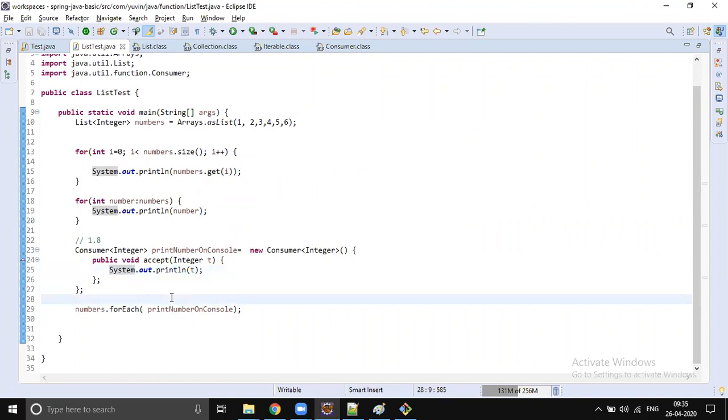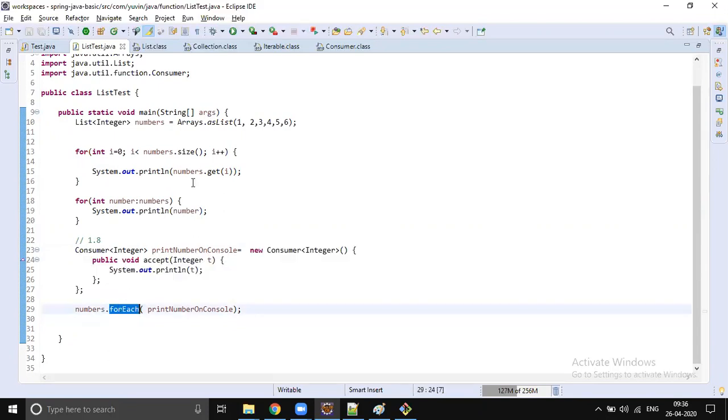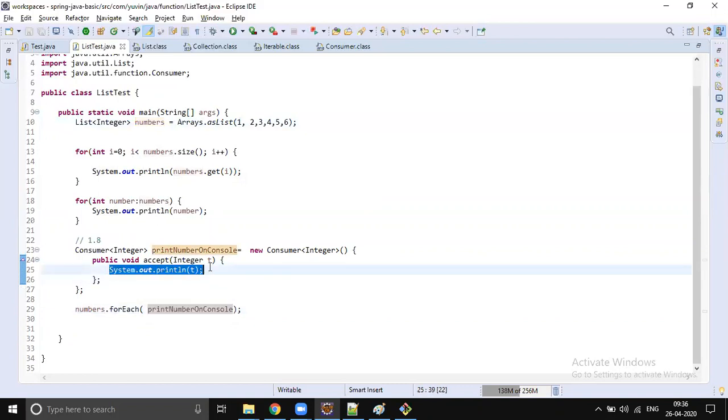We are just trying to make things understood, and go to the next level. So before directly jumping into the next level, I'm just doing it in an easy way, how we have been doing until now. This is nothing new. We are simply calling a method, and we are passing the object to that method. What this method will do is iterate these numbers and print each number on the console. How it is going to print, that is my implementation: System.out.println(t). So this is the implementation.